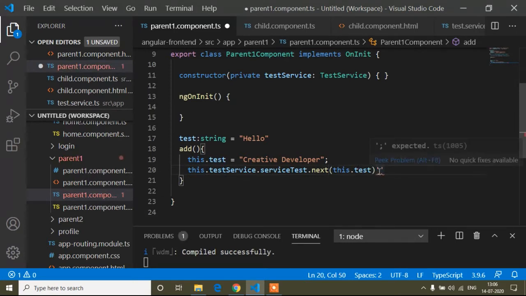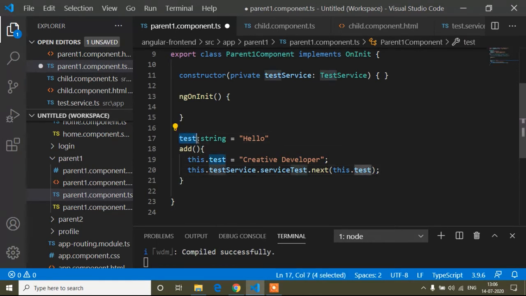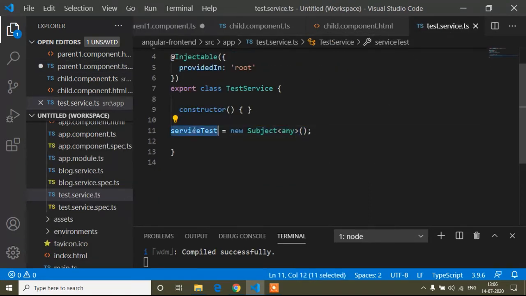So that means guys, when I'm changing the value of this test variable, first of all when I click the button, it will change the value of test variable hello to creative developer, and after that I'm sending this variable in our test service file, inside this service test variable.